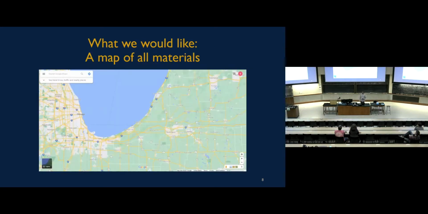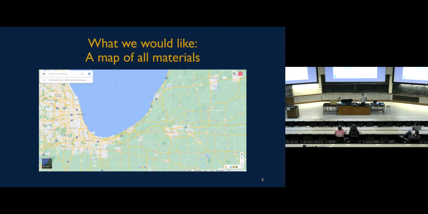So what we effectively need is a map of material science, almost like a satellite image, where we know every single material that exists without actually making it. We can just have a picture of what it will be like if you do this. And so if someone in South Bend needs water, you can just say, oh, walk 50 miles to the west and you will reach a water body. Or if you're looking for a mountain or skiing, just go off this map. There aren't any here, right?